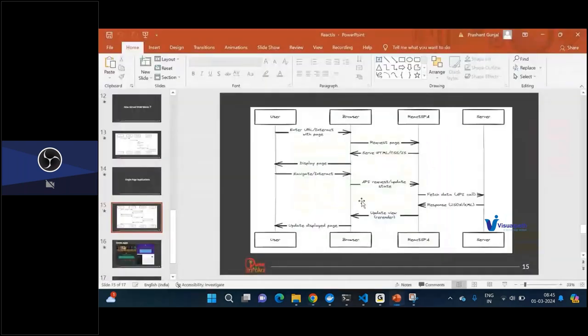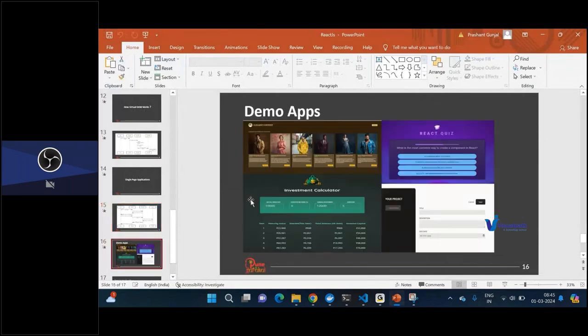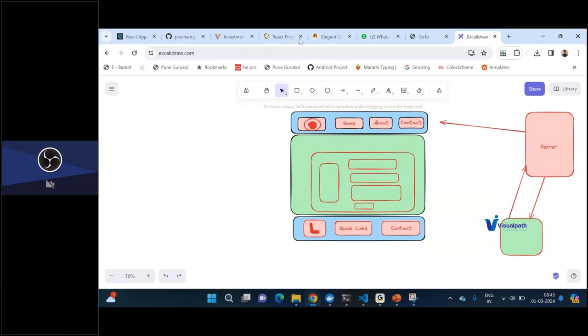Let's come back to our presentation again. What you will be seeing at the end of this course is that we will create a lot of small projects like this. For example, some investment calculator, some website where you can show the products and put that information in a cart, some quiz-like application, project management-like applications. Specifically, if I show you,